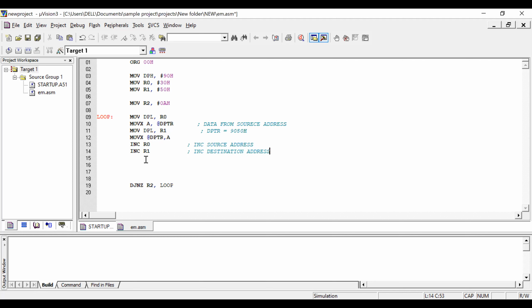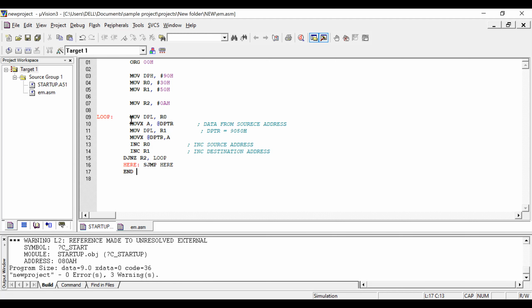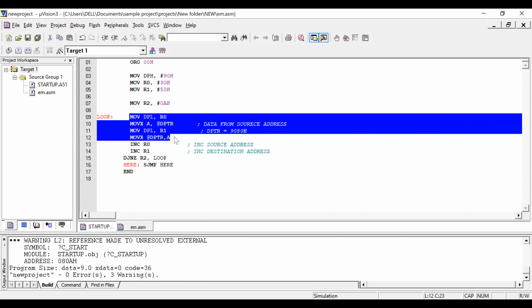Fine, that's it. This is the program. Once the condition closes, after the 10 data is moved, you can stop your program with a label here. Only these 4 instructions are what matter.